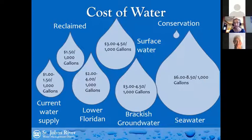So let's talk a little bit. I keep mentioning these alternative sources of water, and I've mentioned reclaimed surface water. Well, here is the reason why conservation is more attractive to a lot of our utility partners and agriculture. Water conservation is relatively cheap. It is education, behavior change, outreach to use less water. The minute we transition from using our aquifer water, which is our current water supply at $1.50 per 1,000 gallons, the minute we go to some of these other sources like reclaimed, lower Floridan, that is actually,